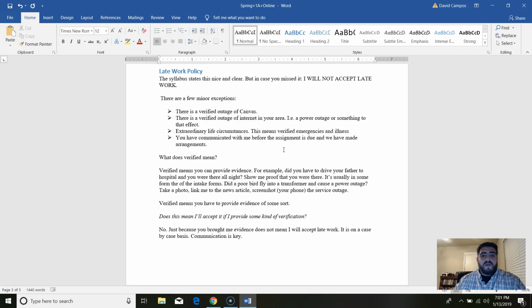And so if you are not participating in one week, it's going to really be a detriment to some of the other students who have completed the work, especially come rough draft time, because they need feedback from their peers in order to make revisions to create their final draft. But there are a few minor exceptions.